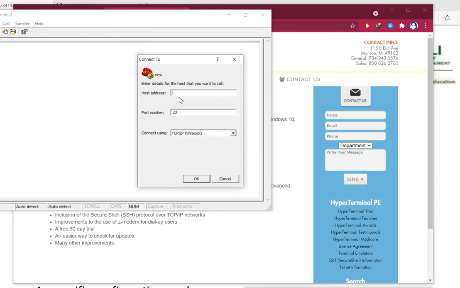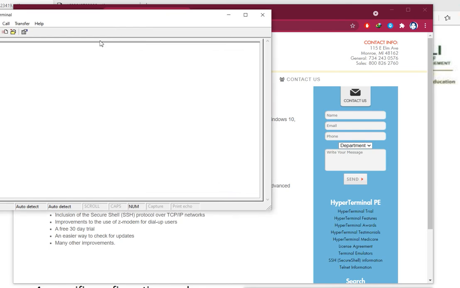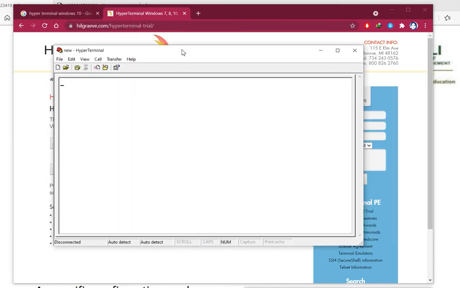But if you connect this, then on this terminal you will see the router's command line interface, and you can use this command line interface to configure the router. Right now we have not connected any router to our physical machine, so it is not showing anything here. It is showing disconnected. If you have connected, then you can see the options and the router's interface.